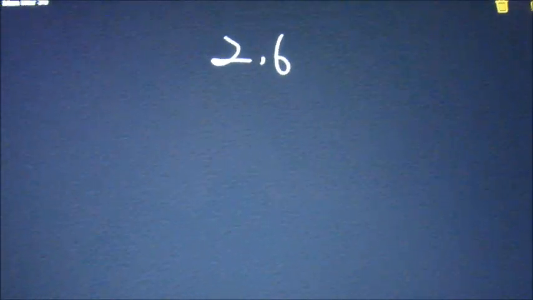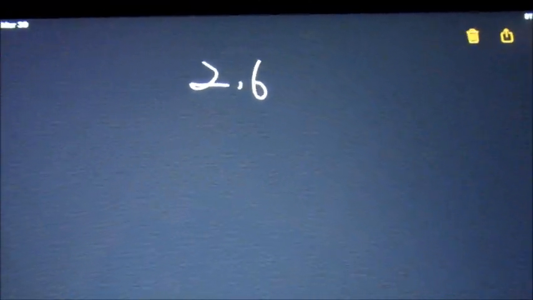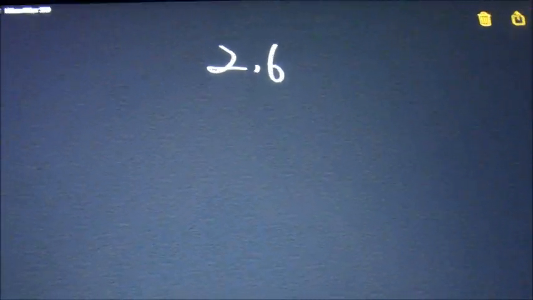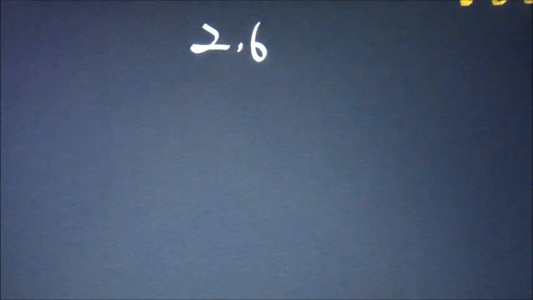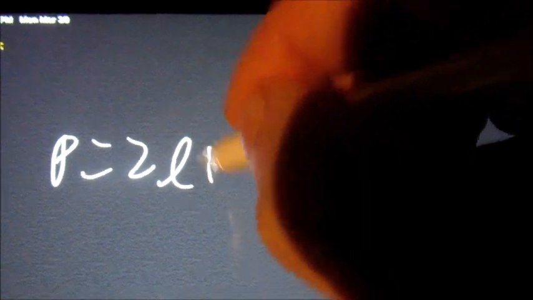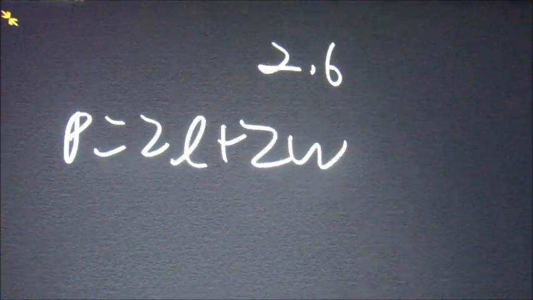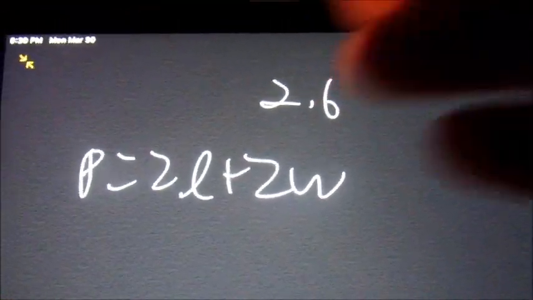Hello, welcome. 2.6 is a little bit different than the rest because we're not always going to get a number. Sometimes we're just rearranging the variables. First though, we're going to be getting something like P equals 2L plus 2W, and we have to find,